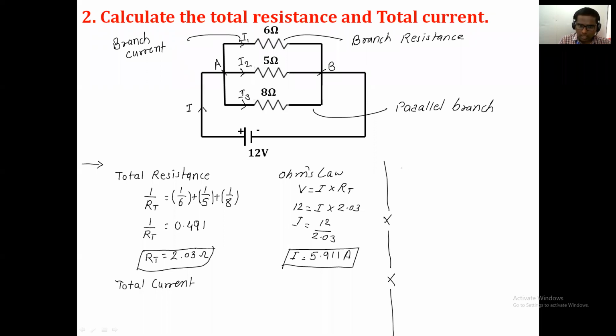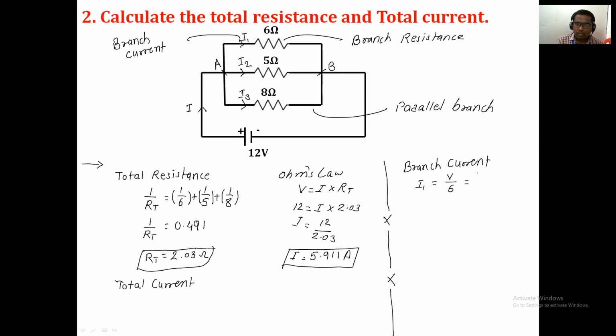Is it right? So can we calculate the branch current now? When I want to calculate the branch current I1, we use the formula V divided by 6, because I1 is the current flowing through the 6 ohm resistance. And we know that Ohm's law is V is equal to IR. So that's why I have written that formula. Is there any doubt about how this formula comes? Because this is nothing but Ohm's law. I just took I on one side and the other terms on the other side. That's why it comes V divided by R.